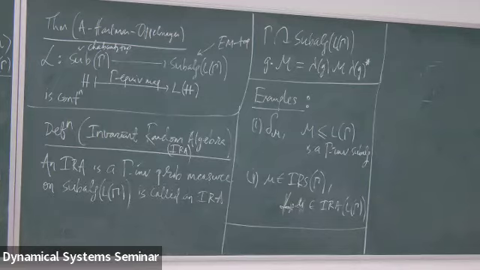Is that all the ways you can get it? For some groups, yes, not all the time. For some groups, this is what we want to show. But there are examples where not every IRA comes from IRSs, for sure.